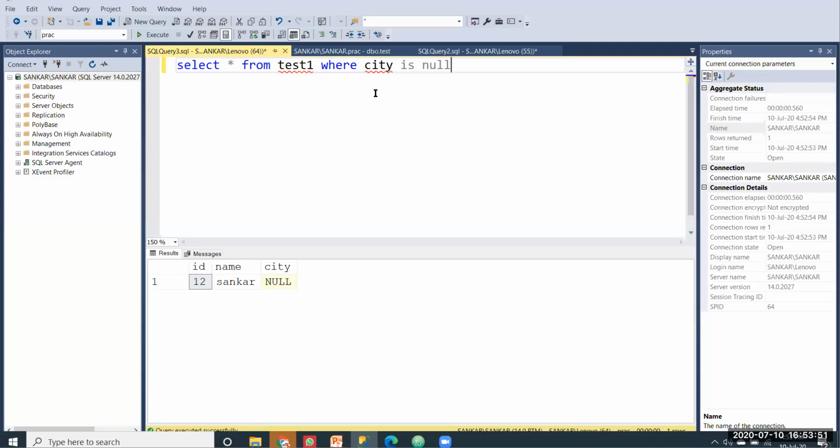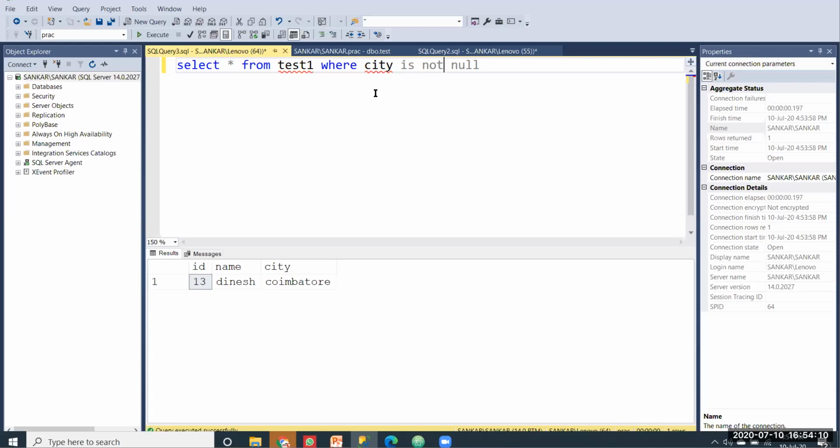Then here I'm going to just give is not null. I'm going to run this. Now you can see here that Dinesh has no null value in his record, right?